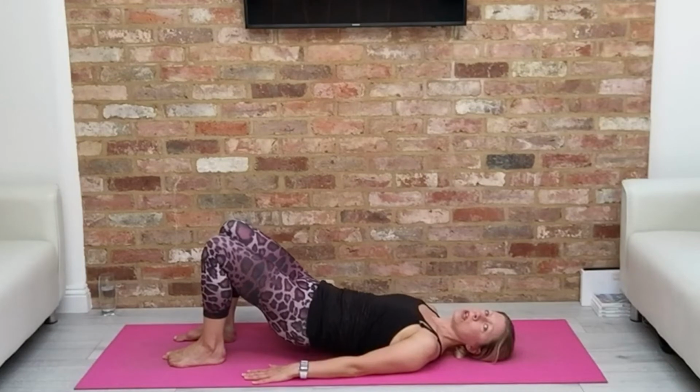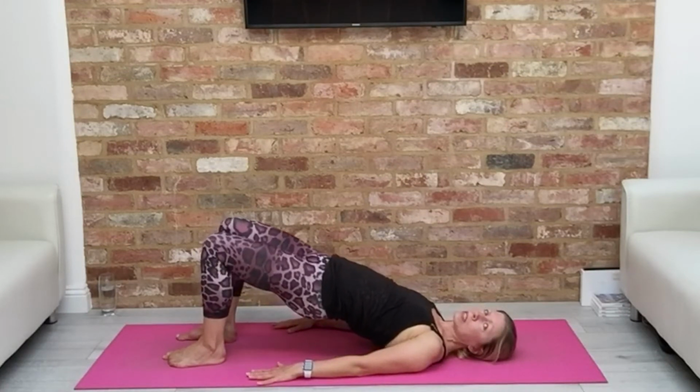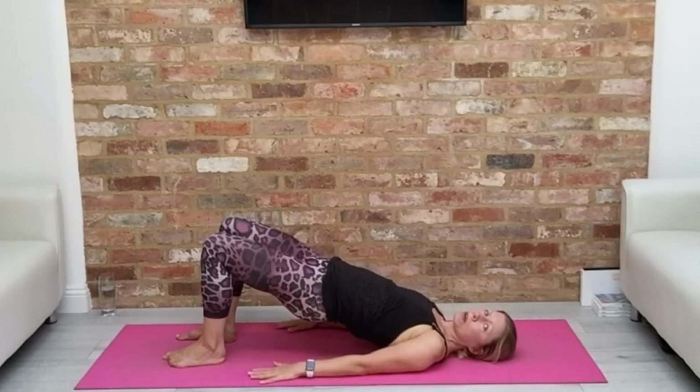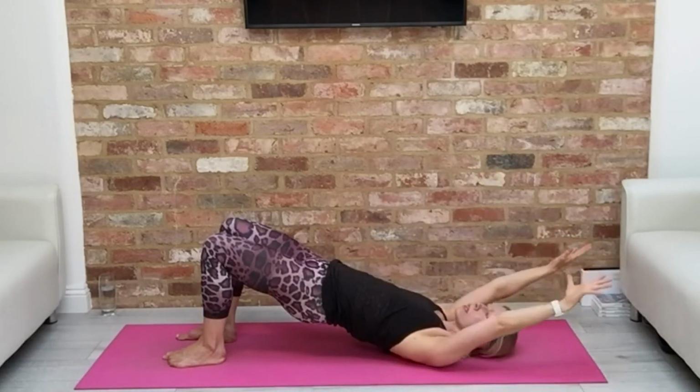We come up through the lower back, middle of your back, onto the bottom of your shoulder blades, and then you're going to hold here. Make sure the glutes are still engaged, the hips are open. Relaxing your shoulders again, we're going to do the arm movement, so they come up to the ceiling, reach up